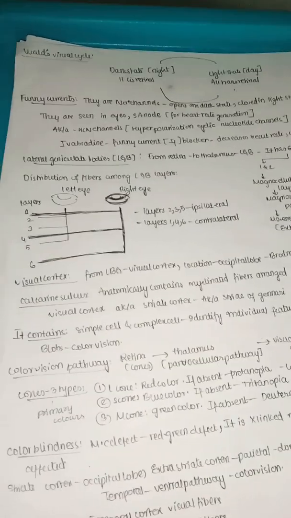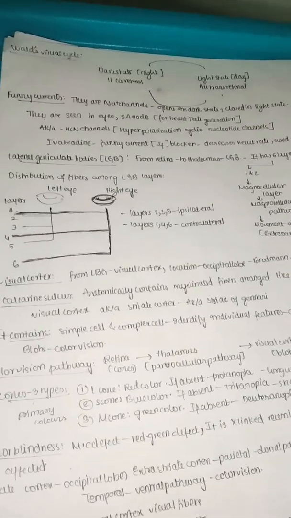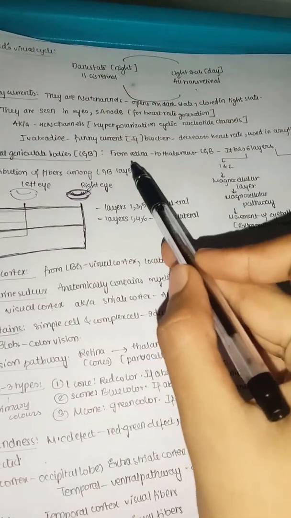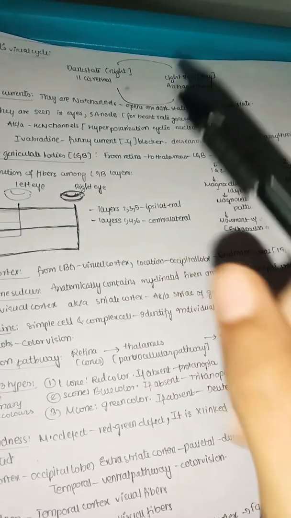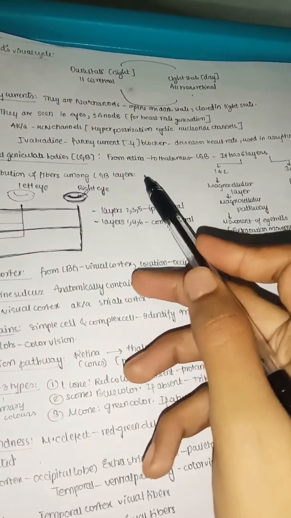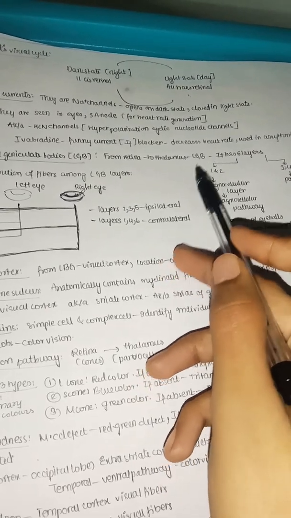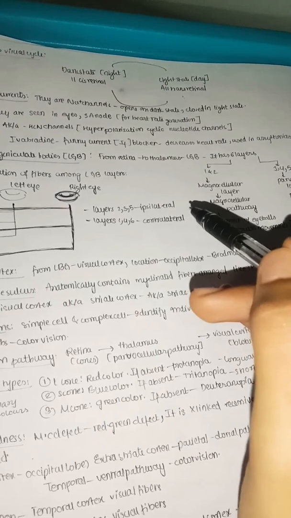And now let us see the lateral geniculate bodies. So the light which is coming to the retina, from the retina it goes into the thalamus, and when the light hits the photoreceptors, it will send the message first to the retina. From there it will reach the thalamus. Especially in the thalamus it will reach the lateral geniculate body, and the lateral geniculate body mainly has the